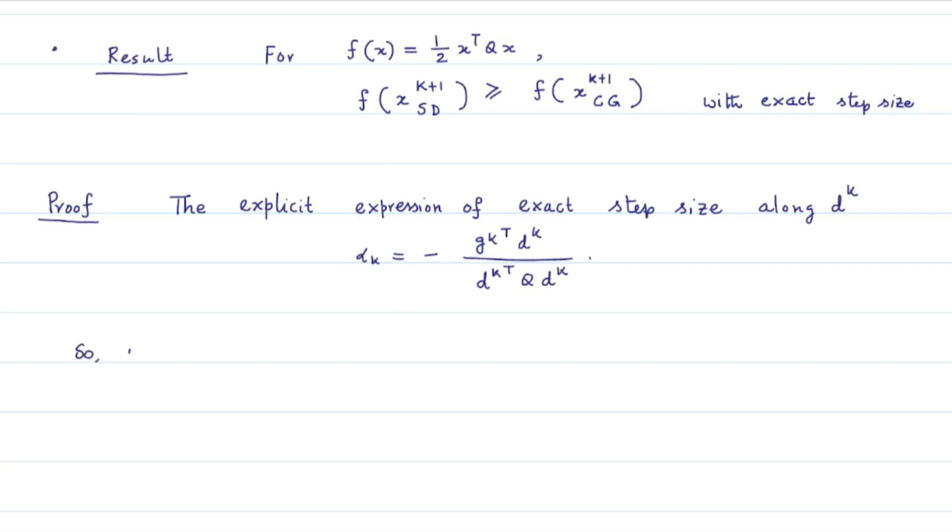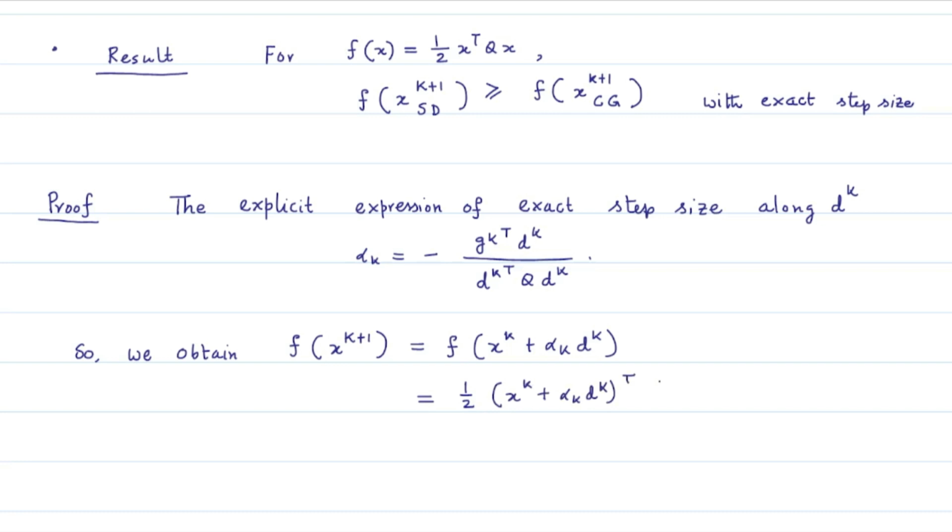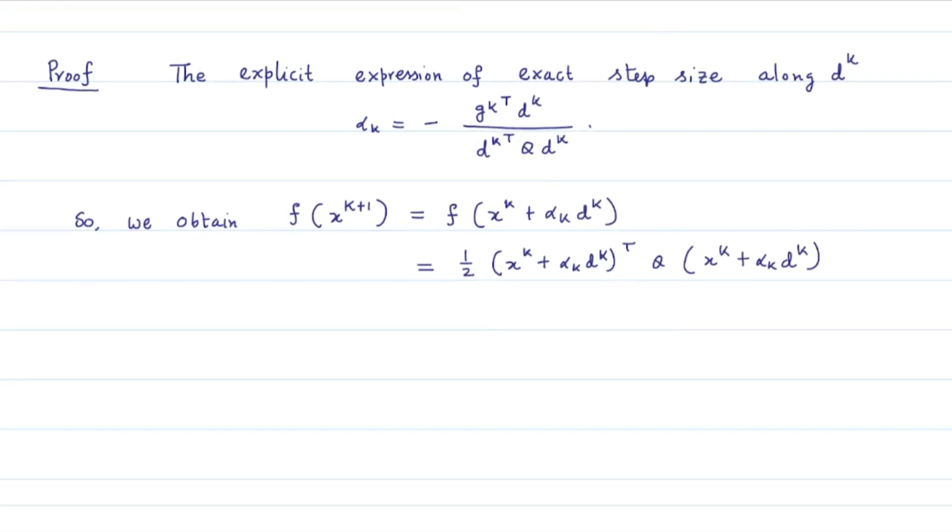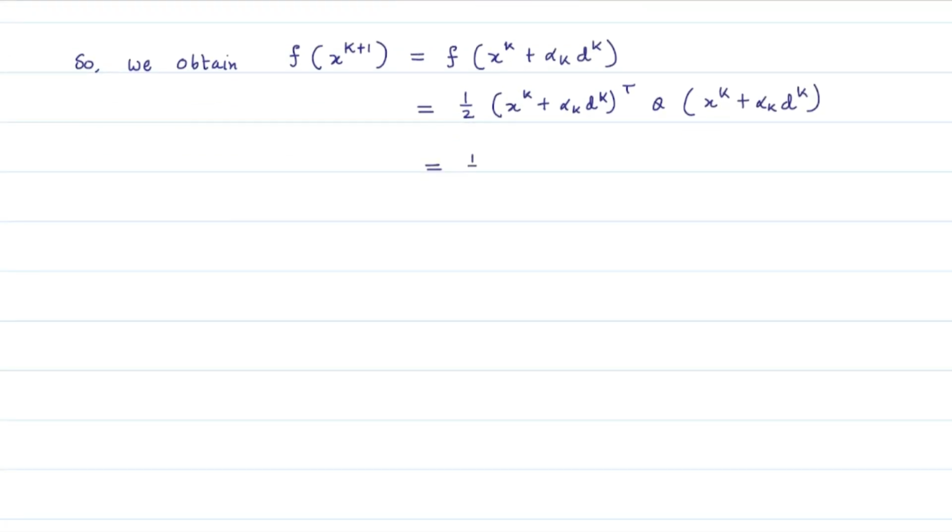So we obtain that the function value at x_{k+1}, which is given by f(x_k + alpha_k d_k), is equal to half of (x_k + alpha_k d_k) transpose Q times (x_k + alpha_k d_k), which in turn gives us half of